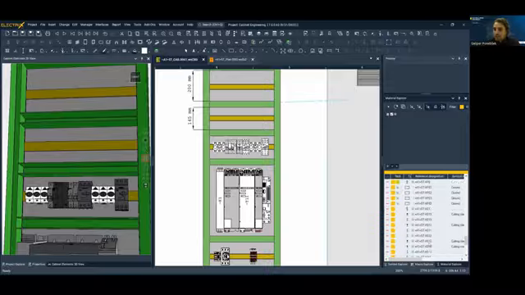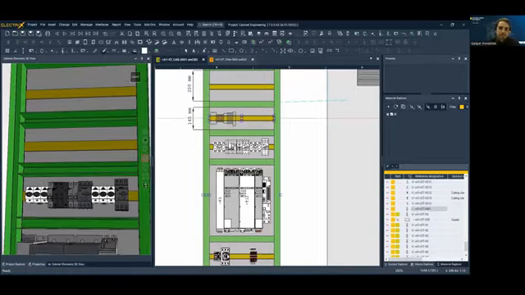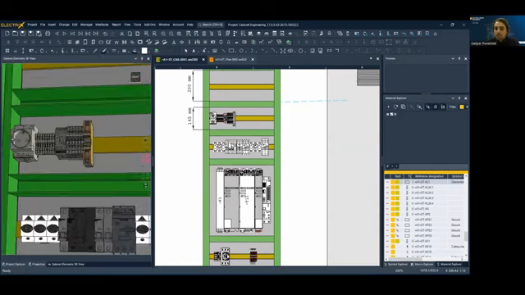And what else? We have some terminals. And these connector terminals. We will also place them all together. And now we have to place one more